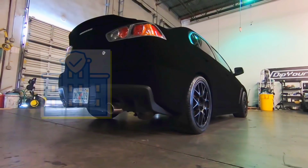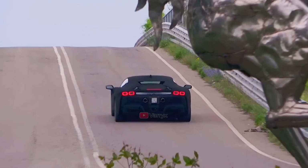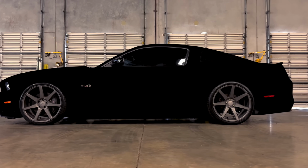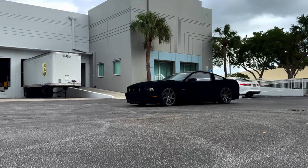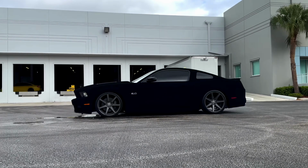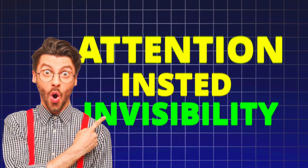Insurance companies may also refuse coverage for accidents involving visibility-related issues. Your cool stealth look becomes a liability nightmare when someone can't see your car and crashes into you. The military and aerospace industries use these materials for legitimate purposes, but on civilian vehicles, they create unnecessary safety risks. But if you want attention instead of invisibility...